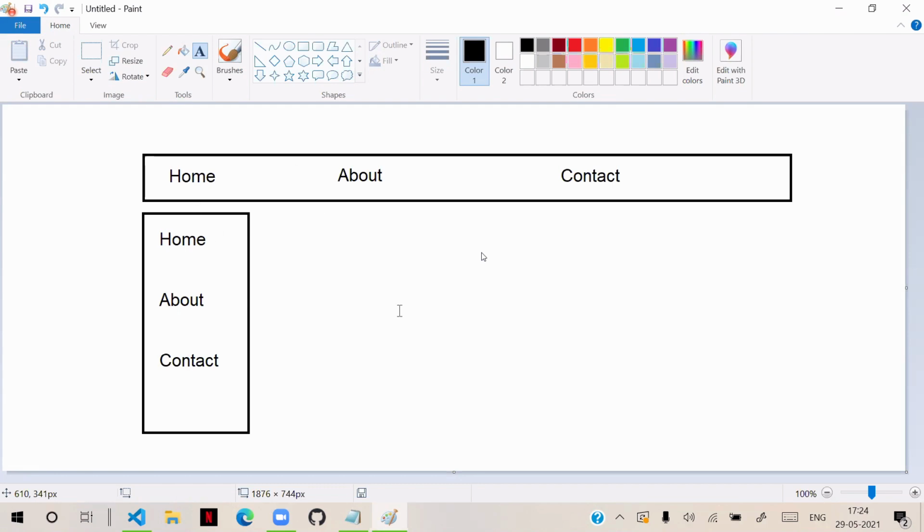And if you can design that, I will show you one more advanced toolbar, how to design and work with that. I think now you can design such a toolbar by yourself, am I right? With some icons, home icon, about icon, contact icon, you can try this, right? So you can use Font Awesome and the symbols and icons. And orientation, landscape, it will be like this, and portrait, it will be vertical. You need to design that.